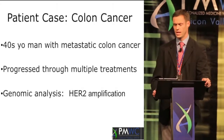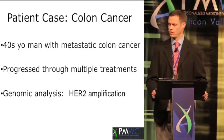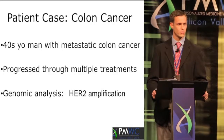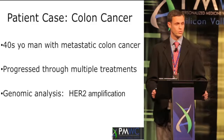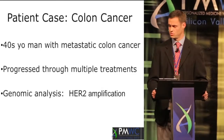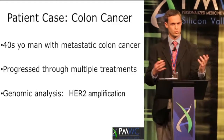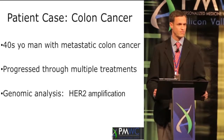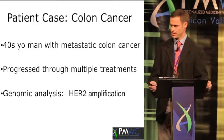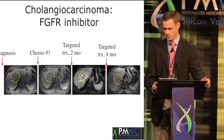I saw a 40-year-old gentleman just this last summer when I first arrived with metastatic colon cancer, and he had progressed through all previous lines of treatment. In fact, he really didn't have any other treatment options. But he was young, he had 5 kids, and he was still in good enough shape, and he wanted to do something. And genomic analysis identified a HER2 amplification, which we are now recognizing occurs in 4 or 5% of colon cancers. And so we were actually able to provide him with an anti-HER2 therapy, and what I'm showing here